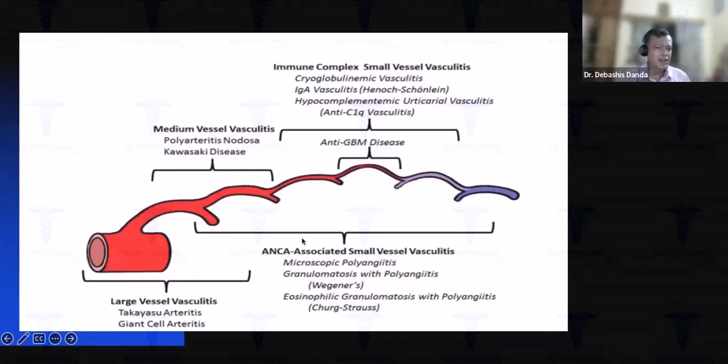As you can see, the names have been changed: GPA, EGPA, IgA vasculitis. They've also added hypocomplementemic urticarial vasculitis or anti-C1q vasculitis. These changes have come. The names have been changed because those names are associated with the Nazi government of Hitler, and therefore their names have been removed and new names came. So the Chapel Hill classification, I would like to share with you the 2012 classification, a little change compared to